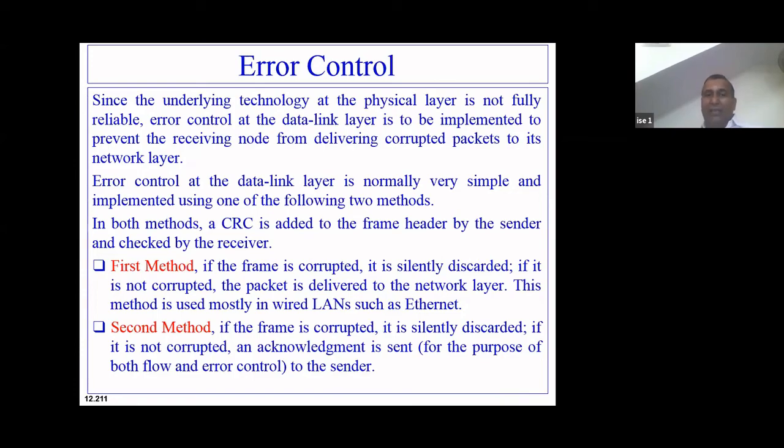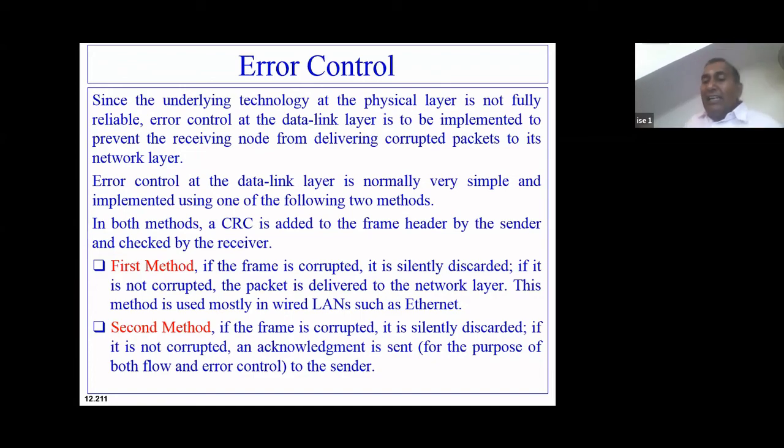In the second method, if the frame is found to be corrupted, the receiver will discard the packet. But if the data sent by the sender is not corrupted, the data will be accepted and an acknowledgement of receiving the data is sent back to the sender.